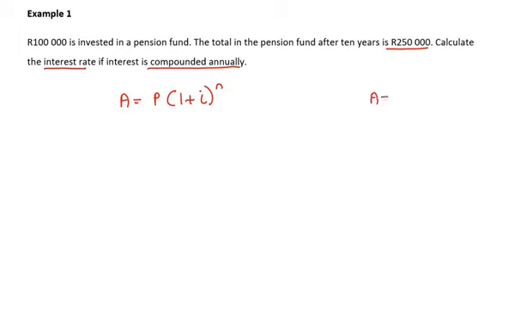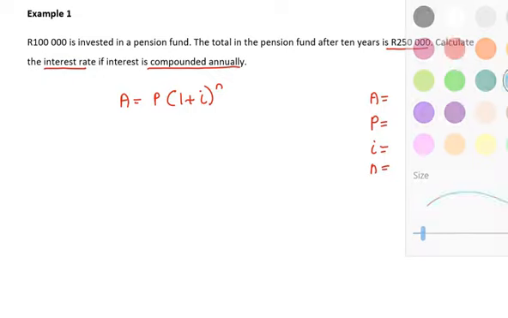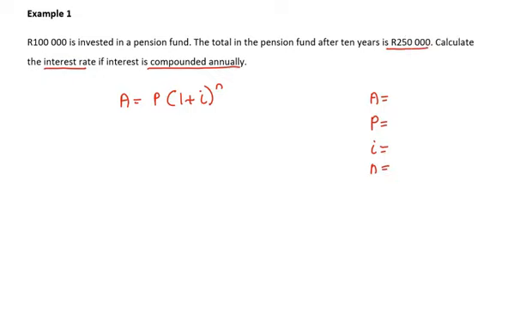And personally, I write down what is called a shopping list. So I write down all my letters and I say, right, what do I know? And then I read the question again. So 100,000 Rand is invested. So that must be my original amount, which is called my principal amount. The total in the pension fund after 10 years is 250,000. So that's my accrued amount, my final amount in the future. Calculate my interest rate if it is compounded annually. Well, they said after 10 years. So that's n equals 10. So all I go and do is substitute into my formula,